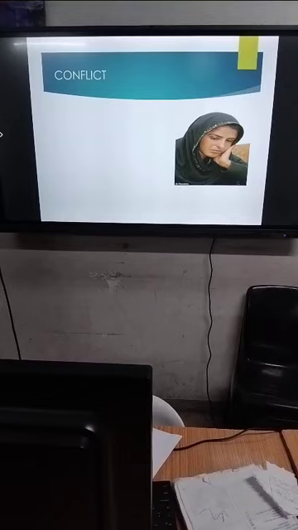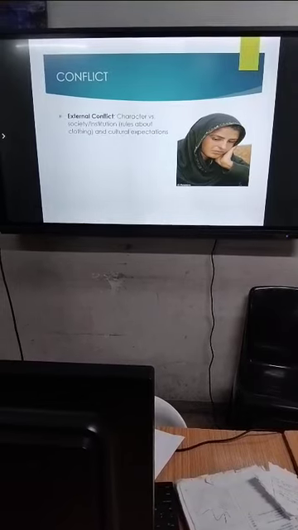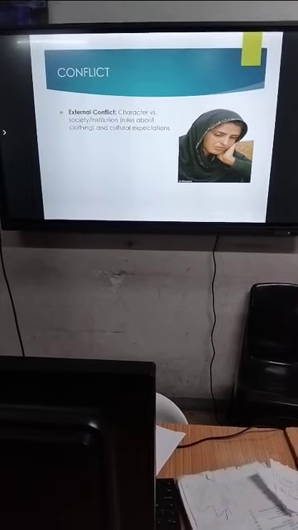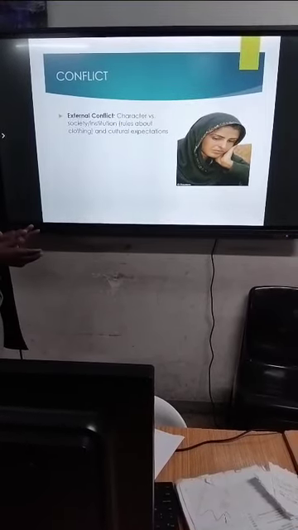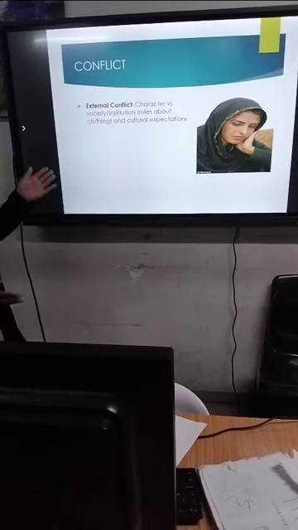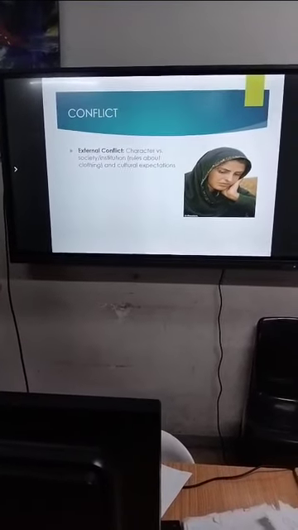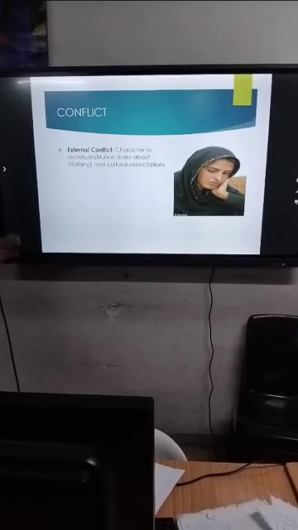So the conflict, let's now look at the conflict as one of the generic elements of the story. So in the story, we find the external conflict. So this is a conflict between the character and the society. So when Nasreen here in this